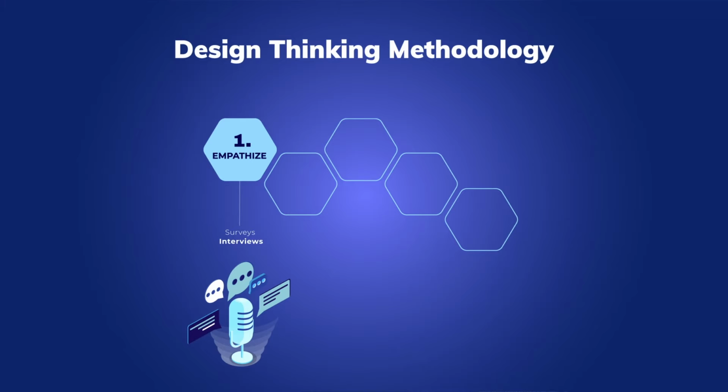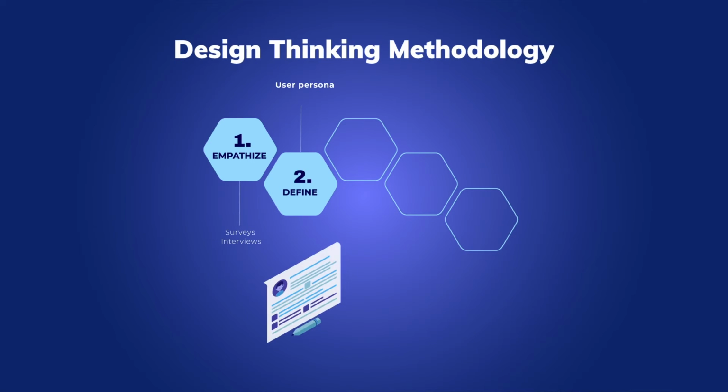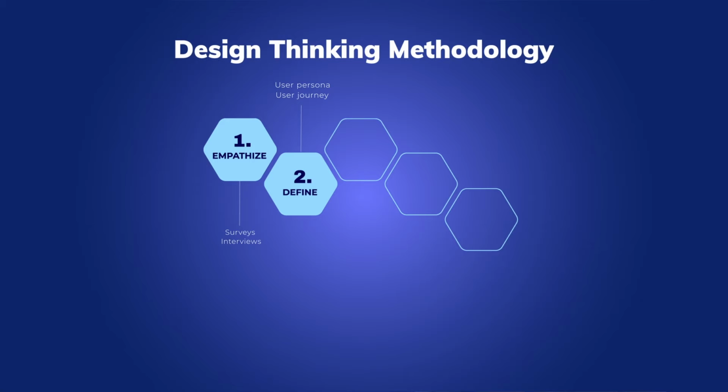And that's the way we can create user personas that represent different types of users. After creating the different user personas, we are doing user journeys that are actually maps of processes that highlight pain points, user pain points, and that's the way we're going to define what is the real problem of the user. After the second step, we can pass to the ideate phase.